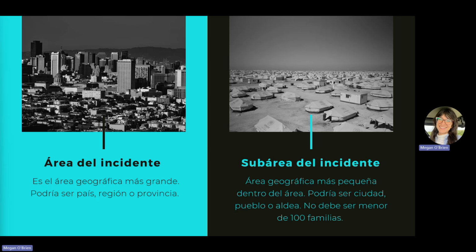There are also questions on the intake form about the broader geographical incident location. You're going to have the incident area and sub area. And again, these are customized on the intake form based on your context and your location. Incident area is going to be a larger geographic area. This could be a country, it could be a region, it could be a province. And the sub area is going to be a smaller geographic area within the incident area. So this could be a city, it could be a town, it could be a refugee camp, but it should